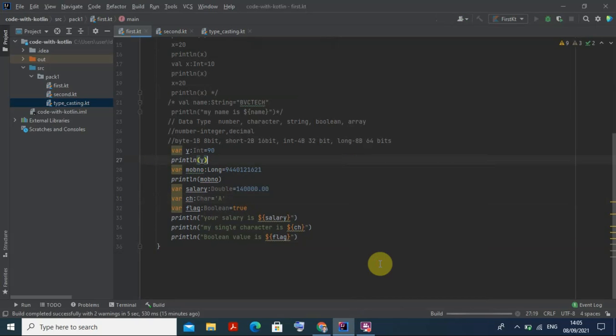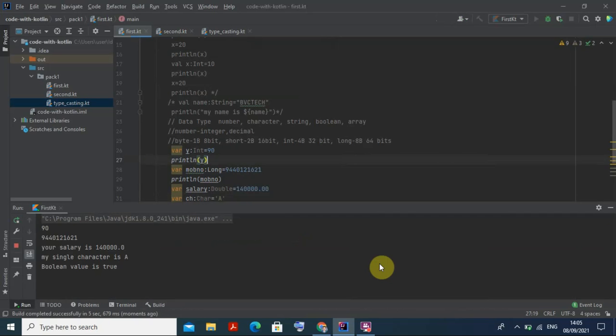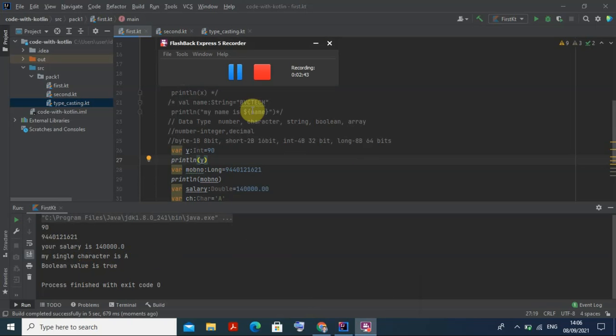You can clearly see the output: the variable I assigned, 90, is coming; the long, which is the mobile number, is coming; then the salary is coming with this amount; the character is coming as a; and the boolean value is also coming true. In this way you can work with all these types of data types.